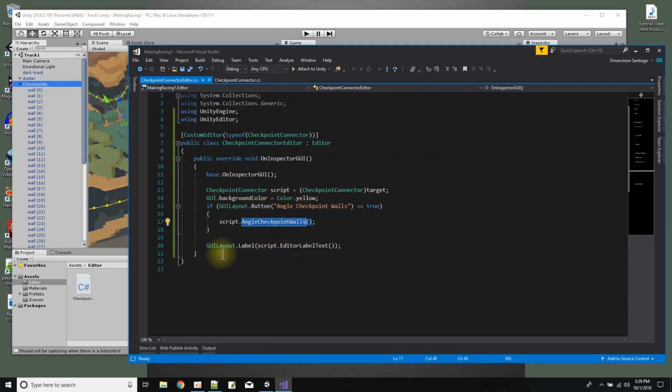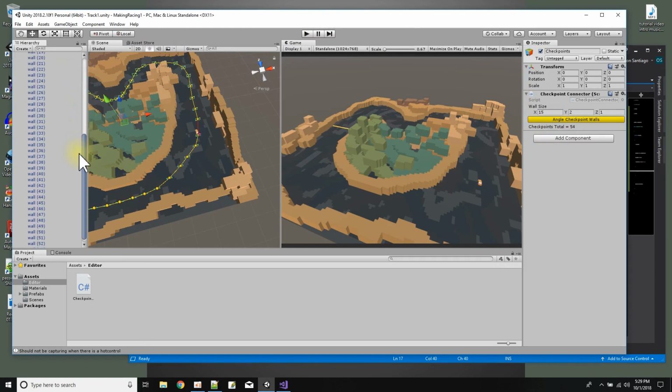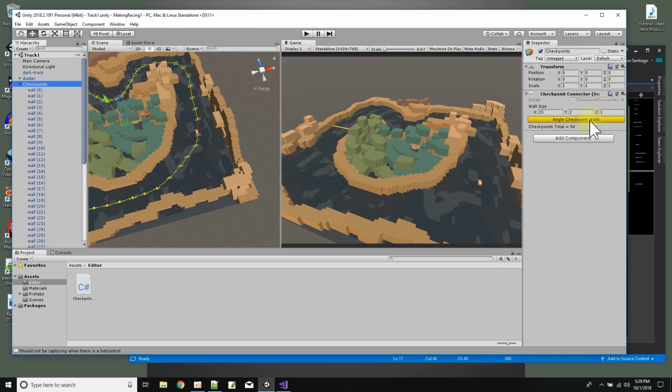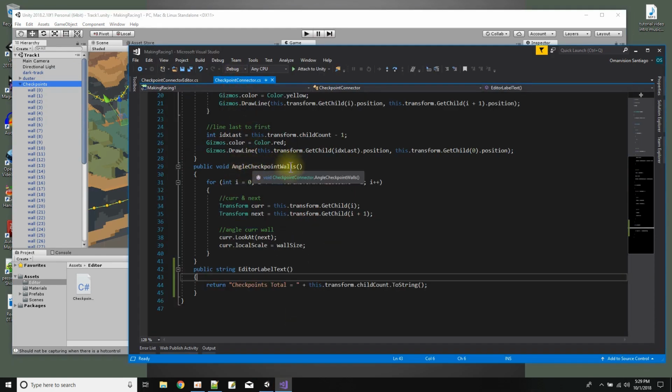Okay, and then also I coded to have a label to say how many checkpoints there are, and it says we have 54 of them. 0 to 53. Good, that's 54. So will this work? When I press this button, angle checkpoint walls, then it should call angle checkpoint walls in my checkpoint connector script, which is going to go through every one of the children and